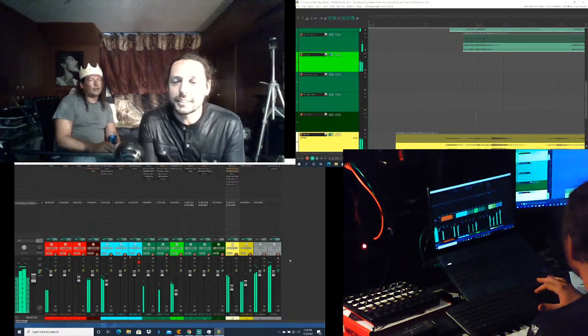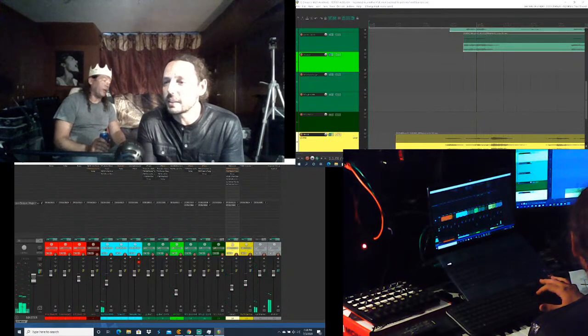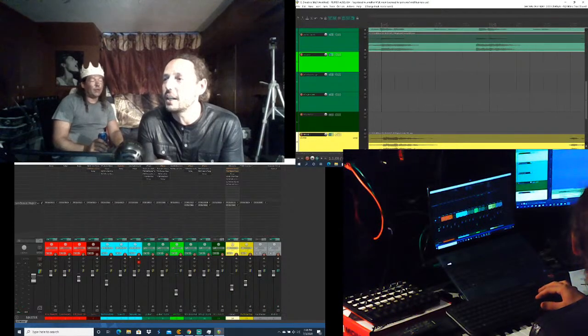So let's go ahead and find where our 90s guitars start and make sure everything's good with that routing, since my head is